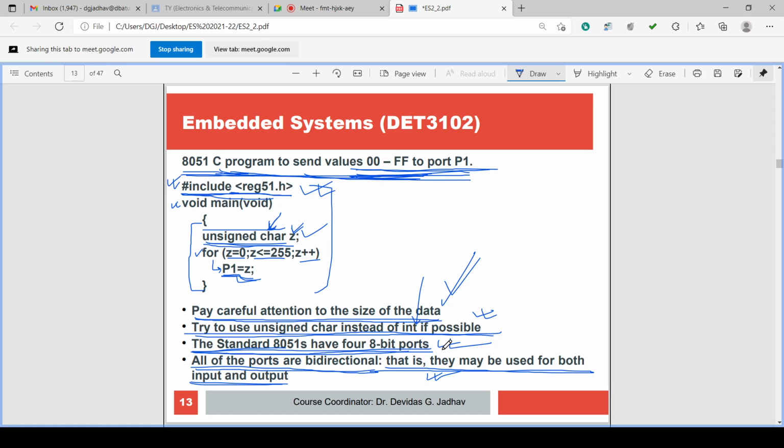P2 is one more port which has 8 pins, that means 8 bits. And P3 is also a 4th port which has 8 pins on the hardware and 8 bits in the port software memory. In software the port memory is there, and in hardware the pins are there. Pins are on the hardware, whereas software has bits, memory.